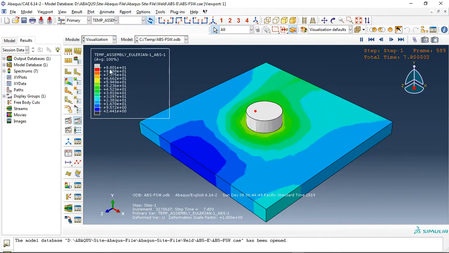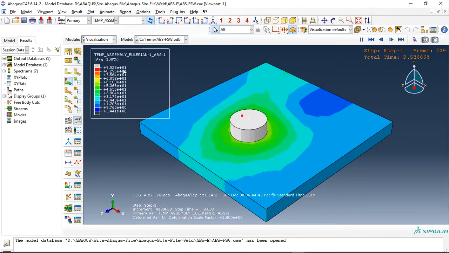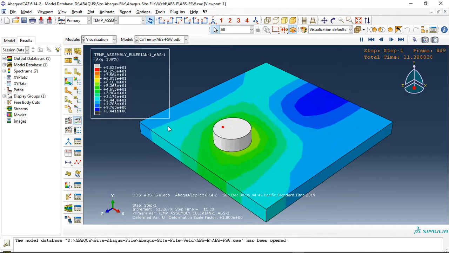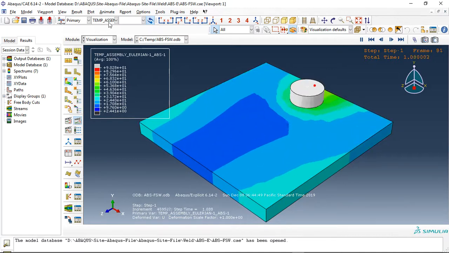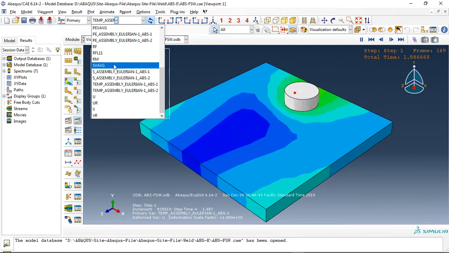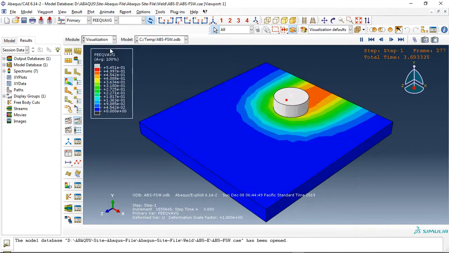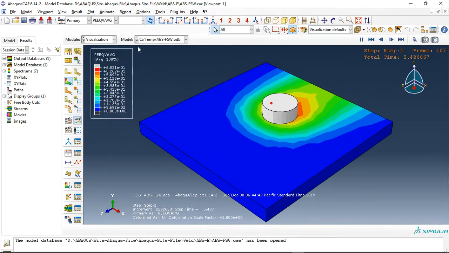And you can see here the maximum temperature reached in this simulation is 90 degrees, and the melting temperature for these two parts is around 100 degrees. And this is the temperature distribution. We can see the plastic strain. This is the plastic strain, and we can